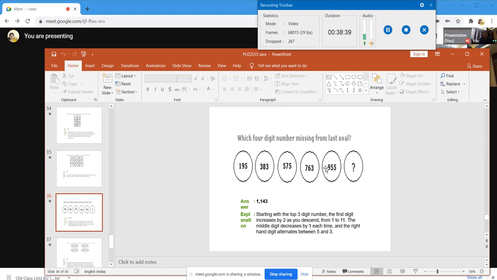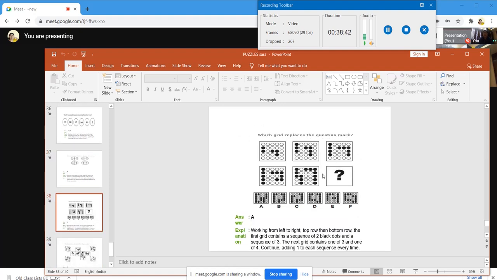Okay. So I can go to the next one. Like this, they will be giving diagrams. You just count the number of dots. For the first diagram you see 2 and 3 separately, and next one 3 and 4, next 5 and 6. So when you come to the next diagrams, you can find out how many dots are there. Very simple questions. So 6 and 7 in the fifth box, and next what should come? 7 and 8 dots should come. So correspondingly you have to choose the answer, which is A.